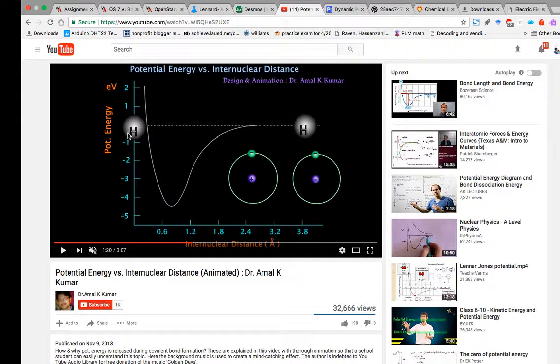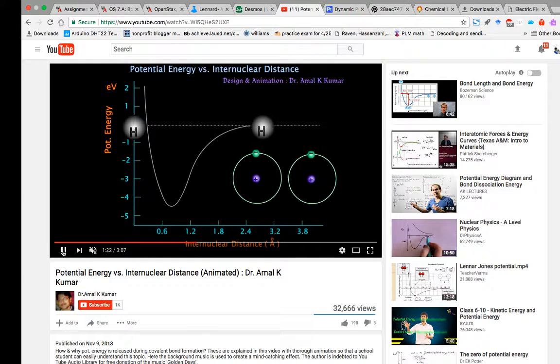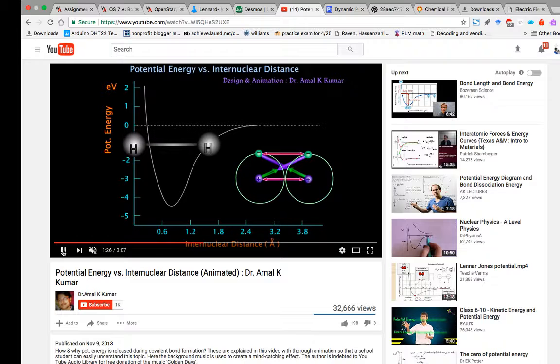So the x-axis means distance between two atoms. So let's say that you have a hydrogen atom, and we keep it here, and another hydrogen atom, and we keep it here. Because the x-axis means the distance in between the two atoms, this hydrogen atom is going to move closer and closer and closer this way to decrease the distance between the two atoms. Here, let me show you. You see that? Yeah, it's moving closer, okay? Now, as it moves closer,